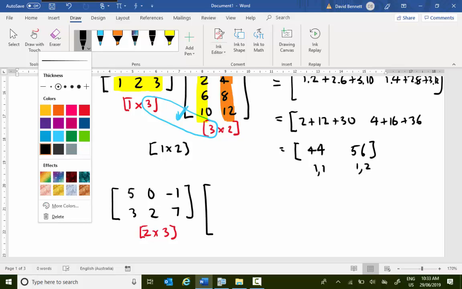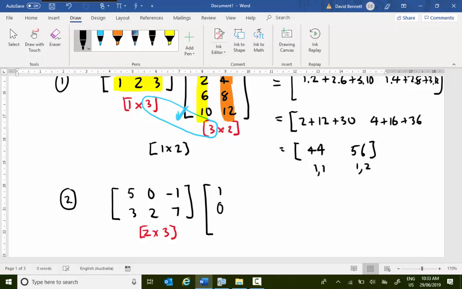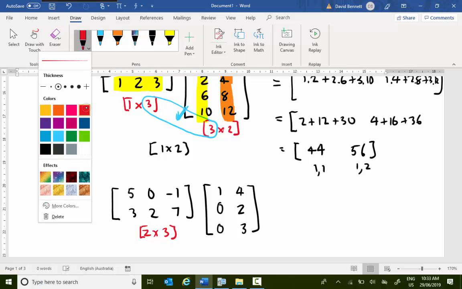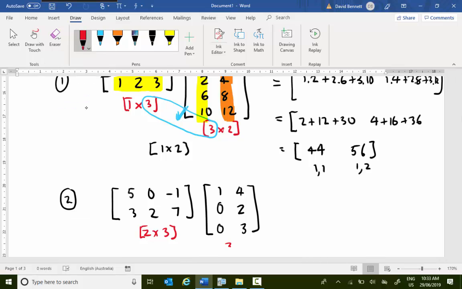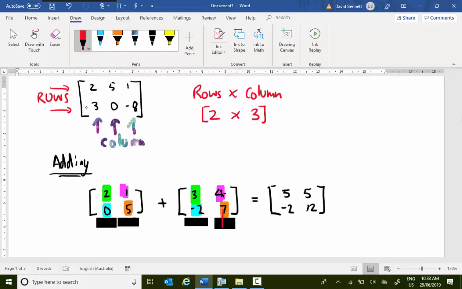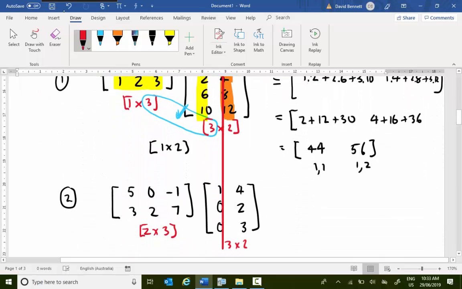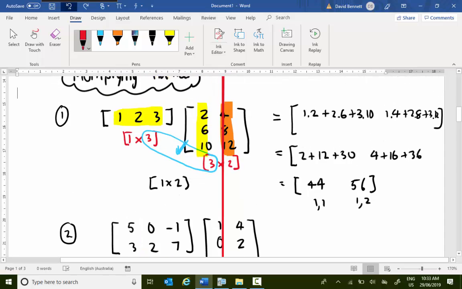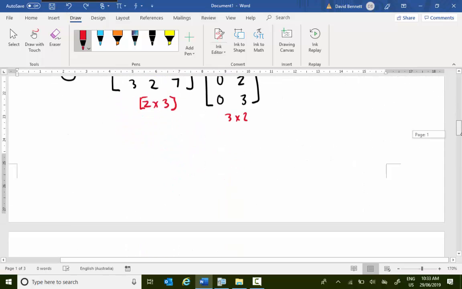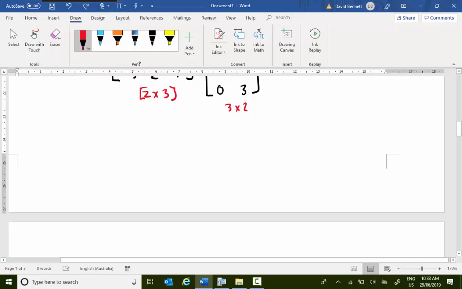All right, so let's do 1, 0, 0, 4, 2, 3. All right, I'm just making these up. And again, this matrix here is a 3 by 2 matrix. Oh, don't know what I did there, I just pressed the wrong button. I'll do an undo. All right, come down here, 3 by 2, and then what we've got here is a